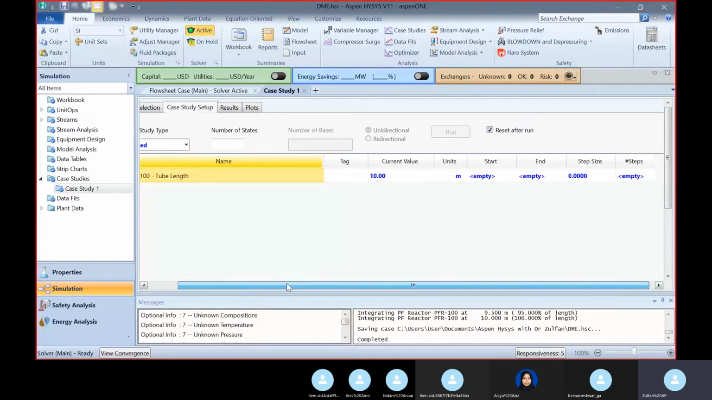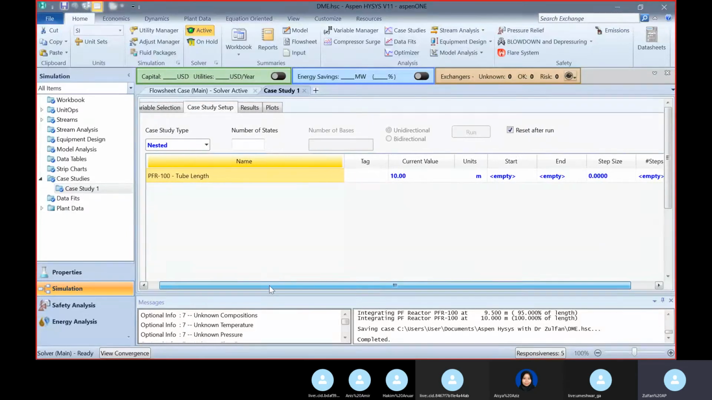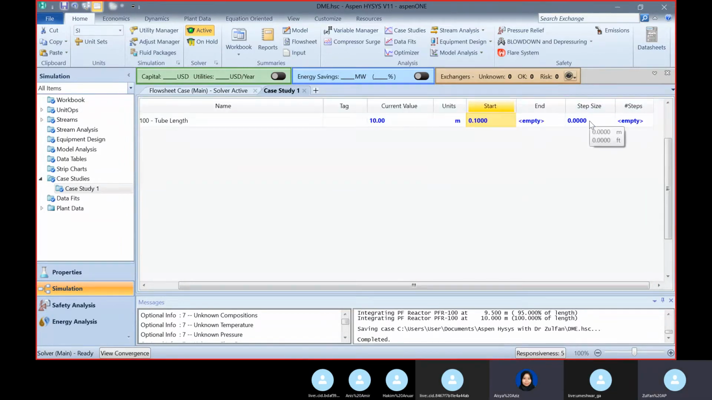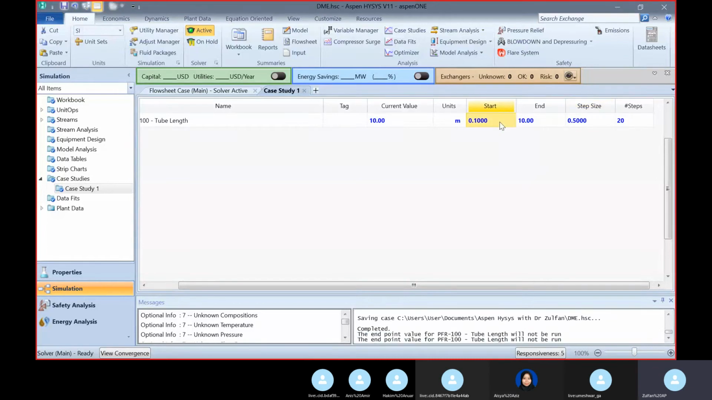So the current value, we want to vary the tube length. The current value is 10. So we want to vary it from, I don't know, maybe 0.1 meter or 1 meter, up to you. 0.1 is okay, up to you. I mean, start 0.1 until end, or step size. I don't know which one you prefer. Until 10, and then step size is maybe, I don't know. You want to have it like 0.5 means it's going to be